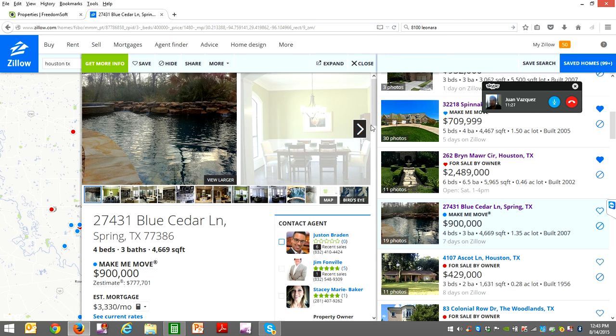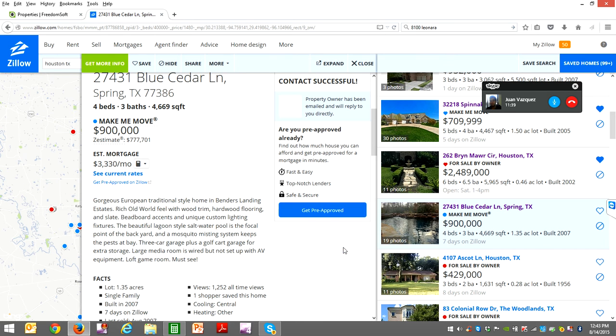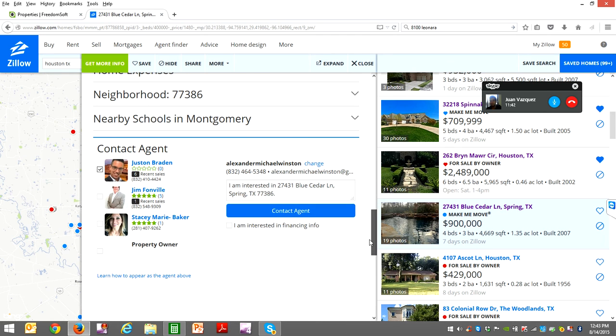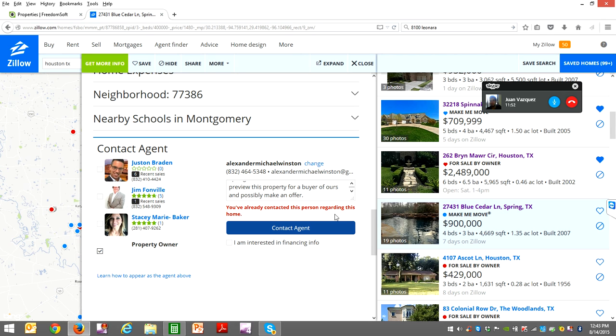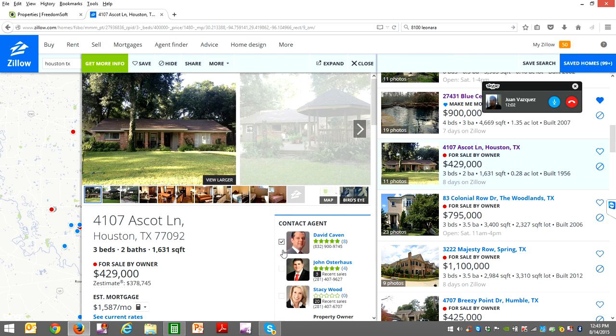So again, unselect that one. And you know, we have so many buyers all over the greater Houston area where at any given time we've got a ton of buyers for all of these kinds of properties, simply because we've had excess inventory and excess sellers and buyers that have called on other similar properties. So we've always got a flux of properties that we have in our inventory and buyers that we're trying to match up. So let's just go ahead and contact a few more here,